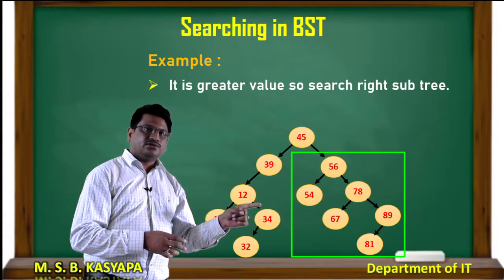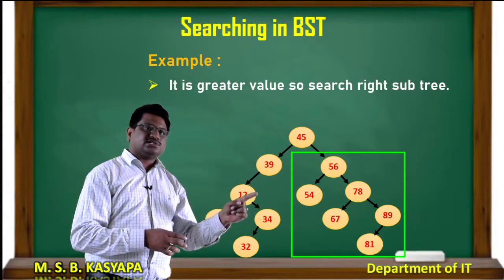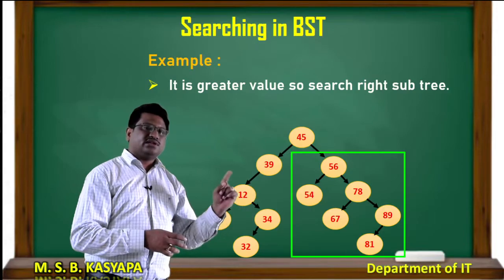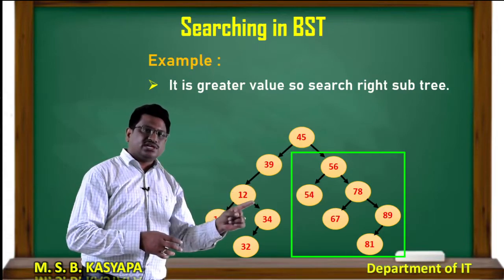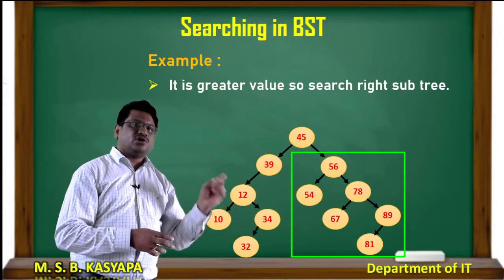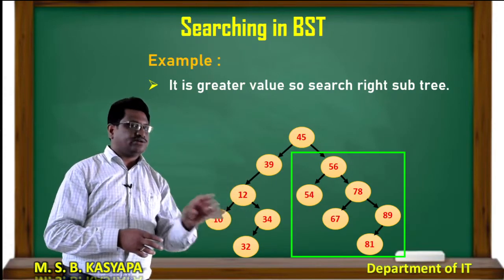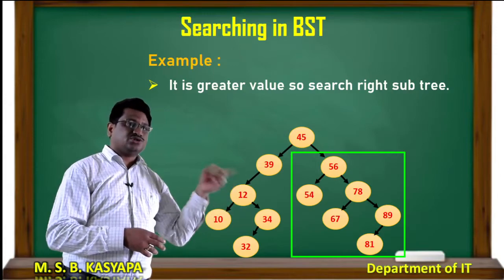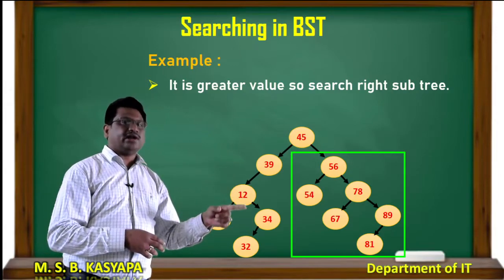I have already told you this process: first I have to find out whether the root is the desired value or not. If it is not, then I have to check whether it is smaller or greater, and proceed according to that. So, this process has to be continuously done, am I right?